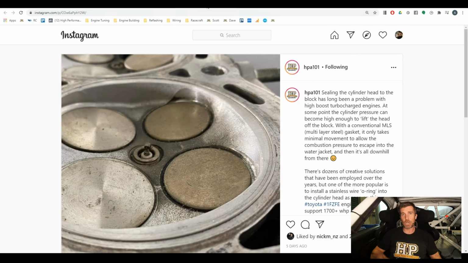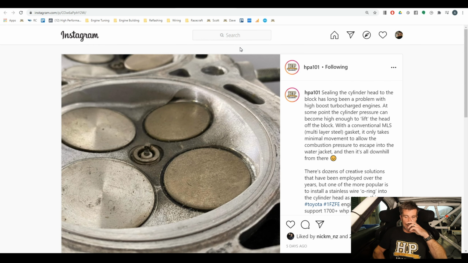I just wanted to mention an Instagram post that I put up just recently, and this is a really common topic. We've talked about it before in our members webinars, which is the topic of head gasket sealing. It becomes a really big issue when we are pushing high boost pressure, and there are a variety of solutions out there. There's a lot that do work, so it's not a situation where I can say this is the way that we must do it, but it's interesting because this is the technique that top fuel drag engines use. These are about the most powerful engines we're likely to see. So if it's working for them, chances are it's a pretty bulletproof solution.